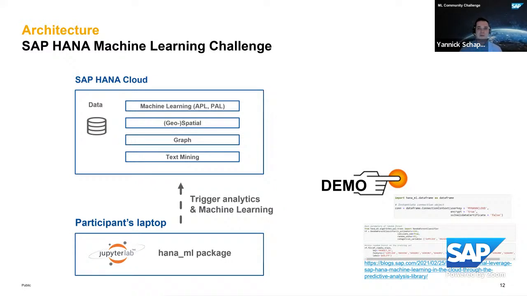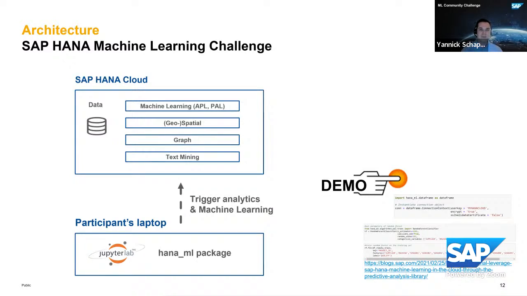Some technical problems. So I hope you can see my architecture now. To summarize it, I'll stay in my local Jupyter environment, my local Python environment. You can of course also use other Python environments to install the HANA ML package. From there, you can then leverage these functionalities in HANA Cloud.